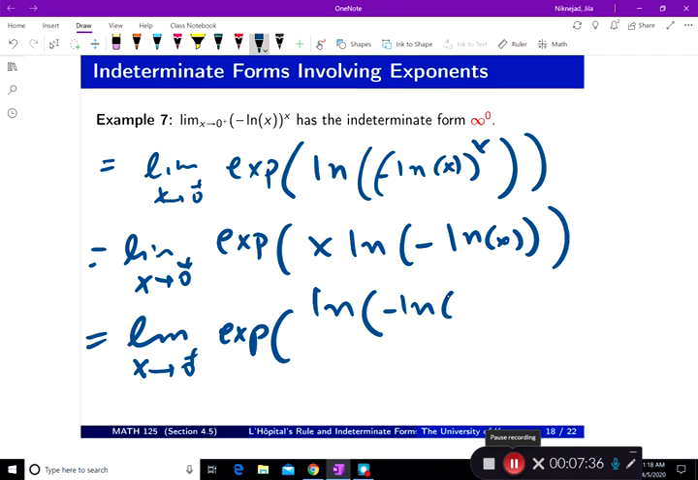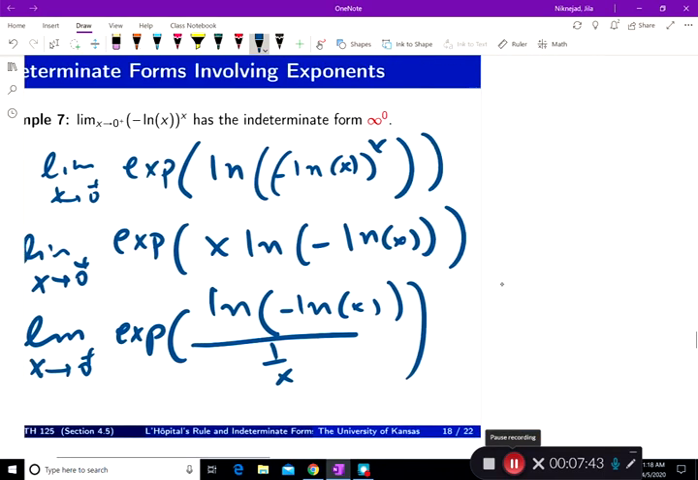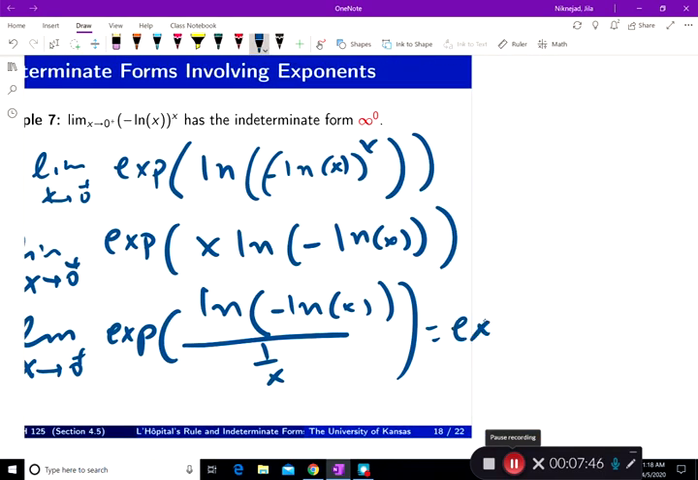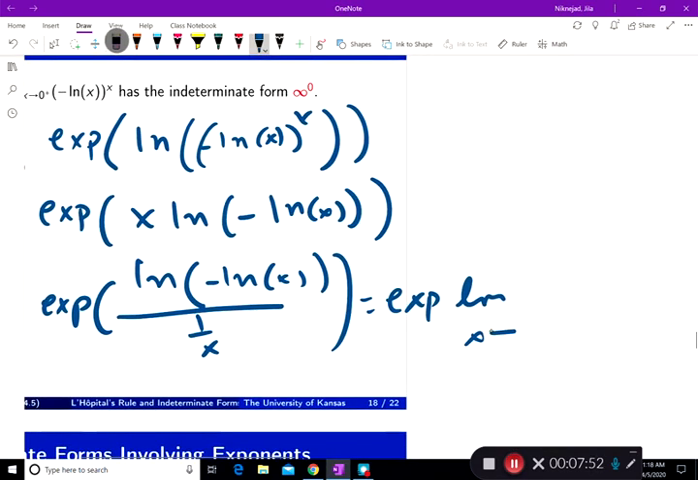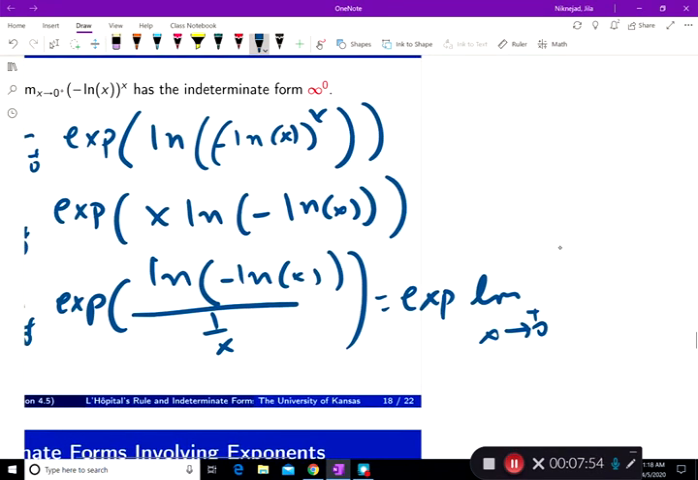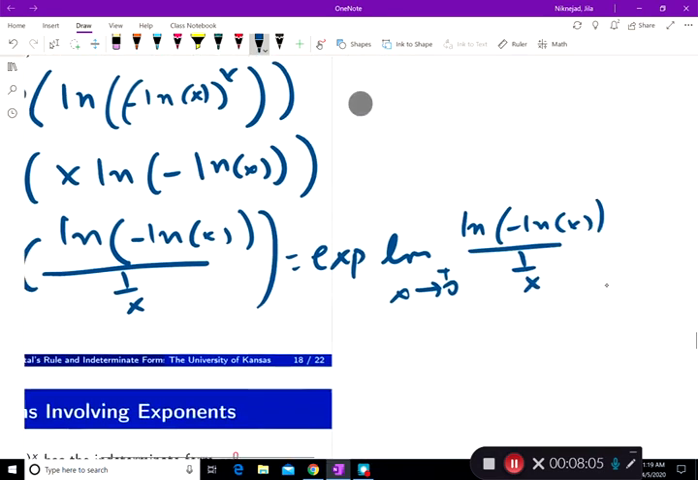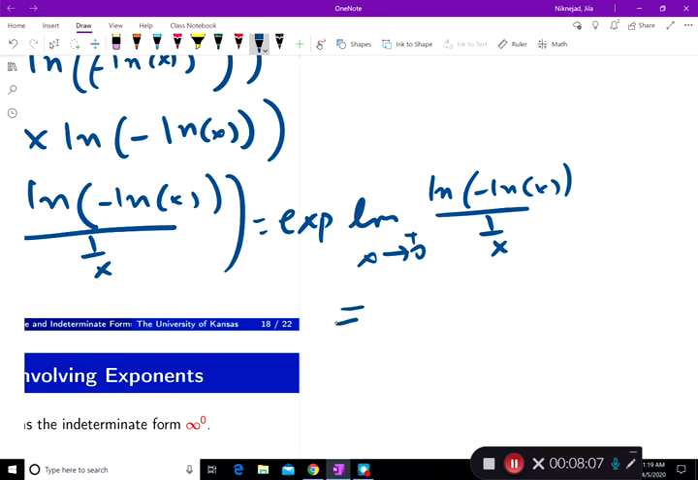negative ln of x over 1 over x. Now I can bring the limit in, exponential, limit x goes to 0 from positive, natural log of negative natural log of x over 1 over x. This is infinity over infinity. It's time to do L'Hopital's rule,